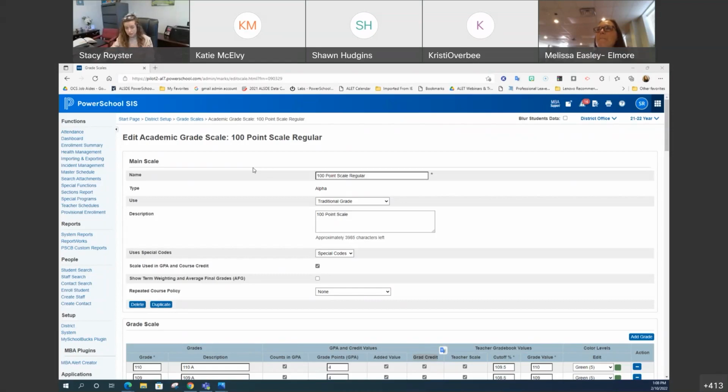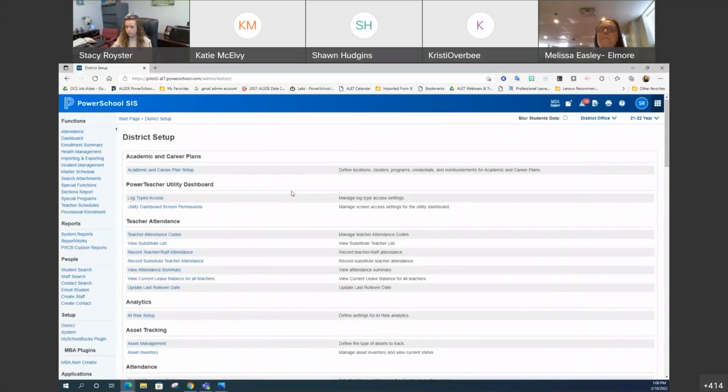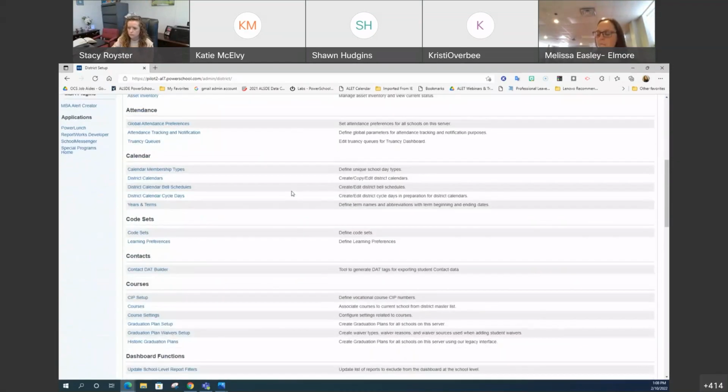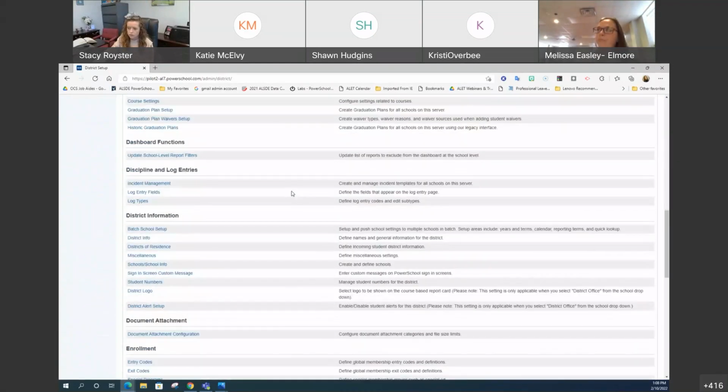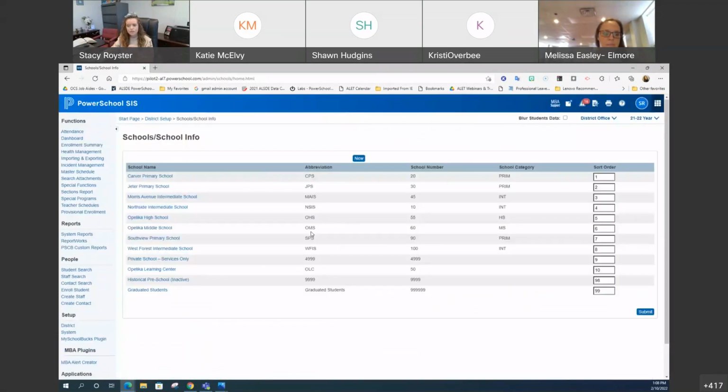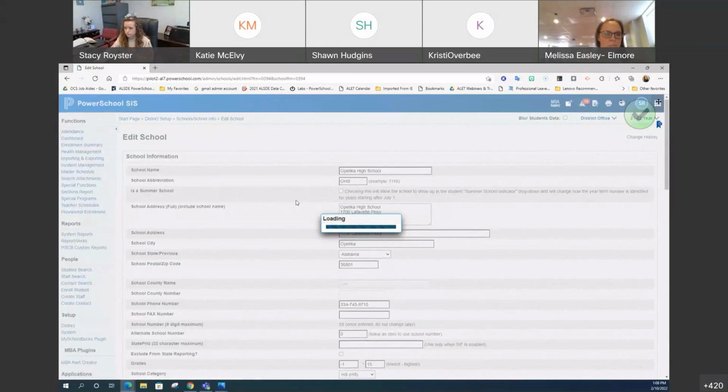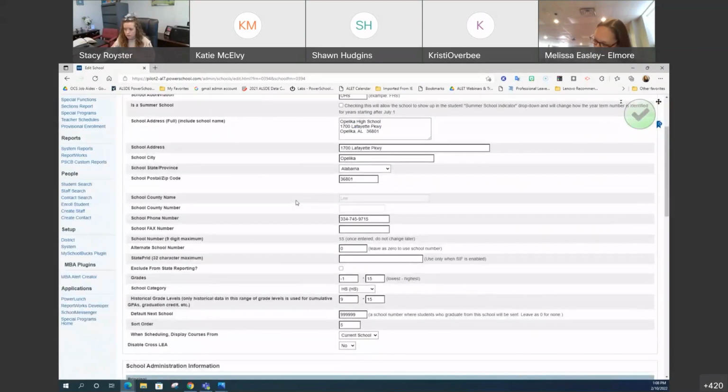So if that is a case for your district, then when you are at district office, so again, I'm going to go to district and setup. I'm going to scroll down to district information and go to schools and school info. And you'll need to check this on each of your schools that you want to work with. If I just go into the high school here, here's all the setup of the high school, but this box right here is the one you need to pay